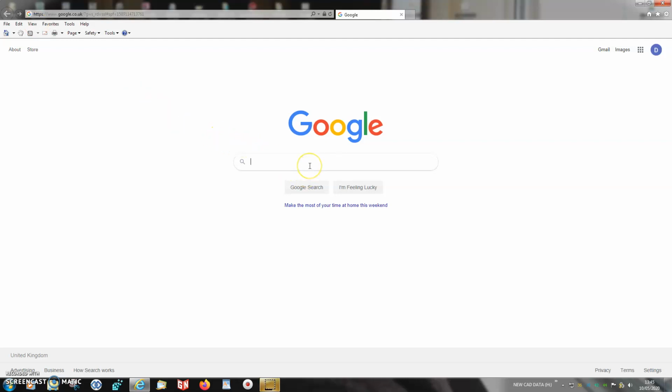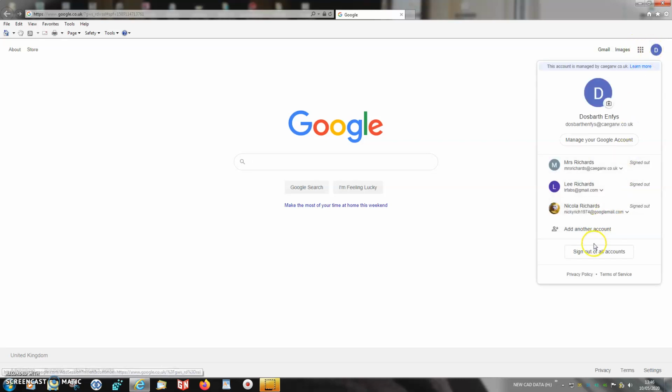So I just wanted to show you how you can get into Google Classroom for the first time. I've now set up Google Classroom accounts for all my children in Dosbarth Enfys, and I'll be sending you a message on the school app showing you what the username and password would be. So all you do then, once you've set up, is